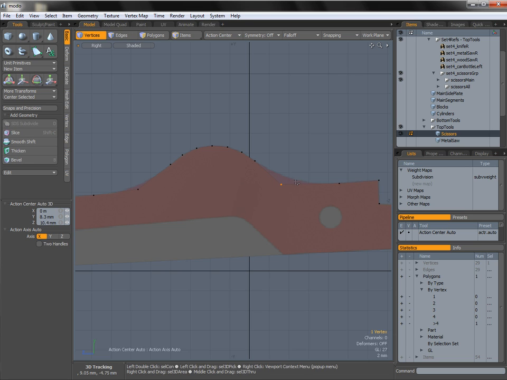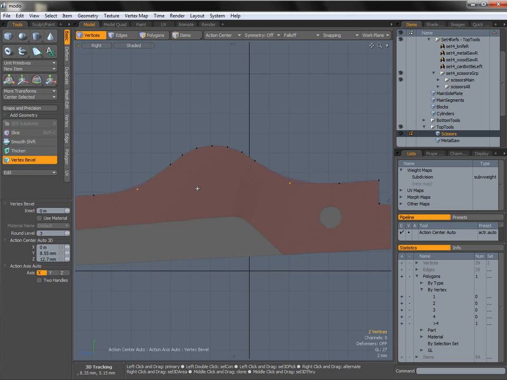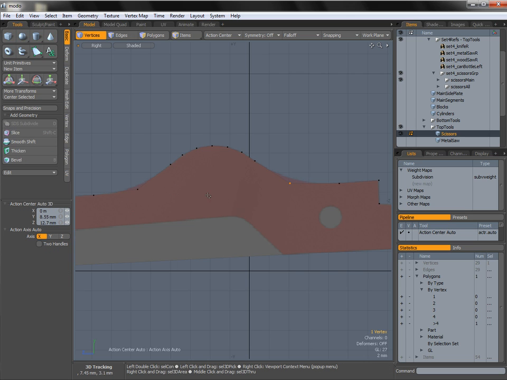I'm going to do the same over here. I'm just going to move it slightly to the right and maybe up just a little. And with that done, I'm going to select both of these guys, B for bevel, right click, and drag out an edge bevel and see how that looks. Now this one on the right looks better than this one on the left, so I'm going to do them both separately. So I'm going to deselect this one on the left, and just with this one on the right selected,